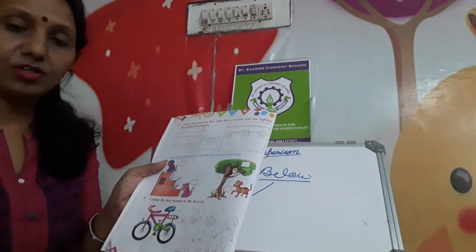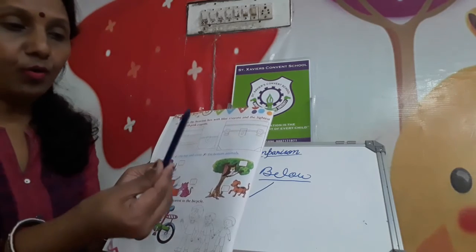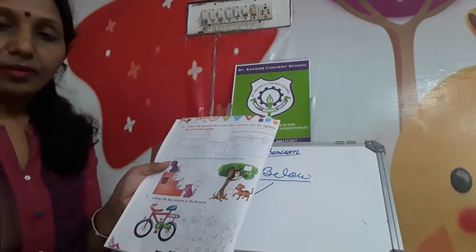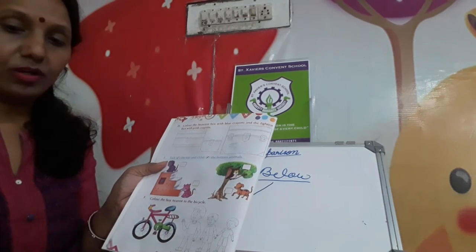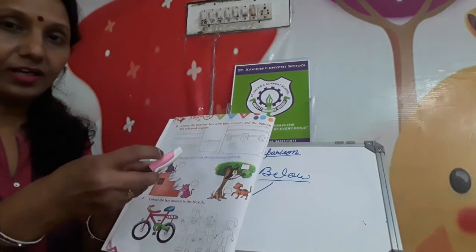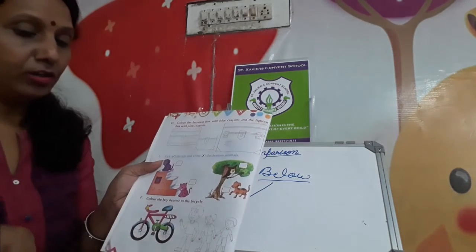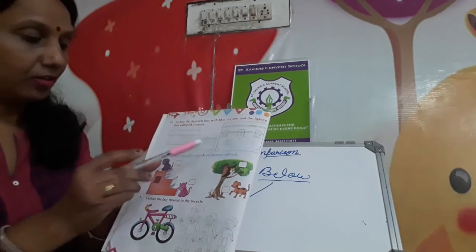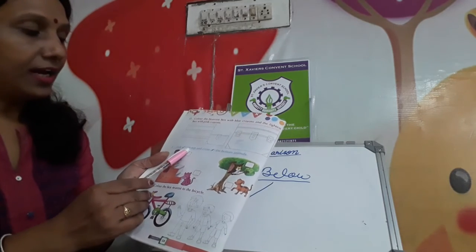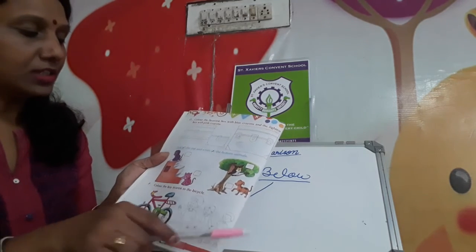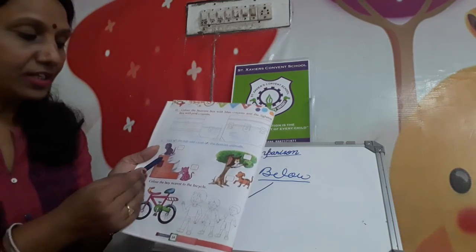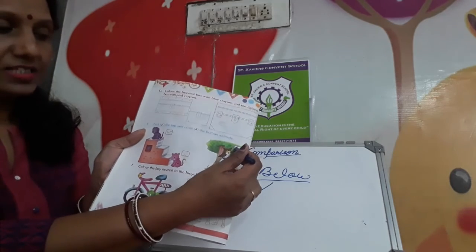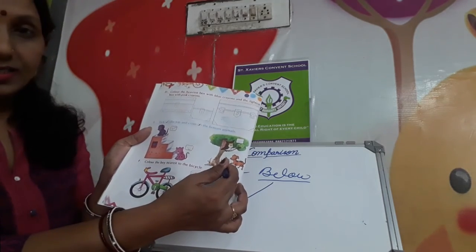Which color will you use? Blue color for the heaviest, all right, and pink color for the smallest one. Pink color, you know which one is pink? This pink color. You will use pink for the smallest one here. Now tick the top and cross the bottom. So here, which one is the top? This one is the top, and cross the bottom. This owl is at the top, and the dog is at the bottom.